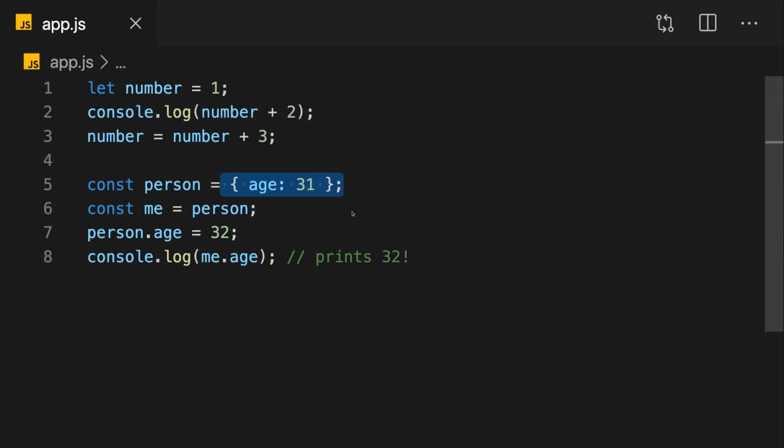Now here we have a straightforward, simple object, an object with an age property which has a value of 31. Now the 31 of course is a primitive value, it's a number, but the overall object is a reference value. Now I create a new constant, me, and I save this object, which is stored in person, in me, because I point at person here. And then I change the person age, set it to 32, and I log me.age. So I changed the age of person, not of me, but then I log me.age. And if you would log this, you would see that indeed you get 32 as output, not 31,